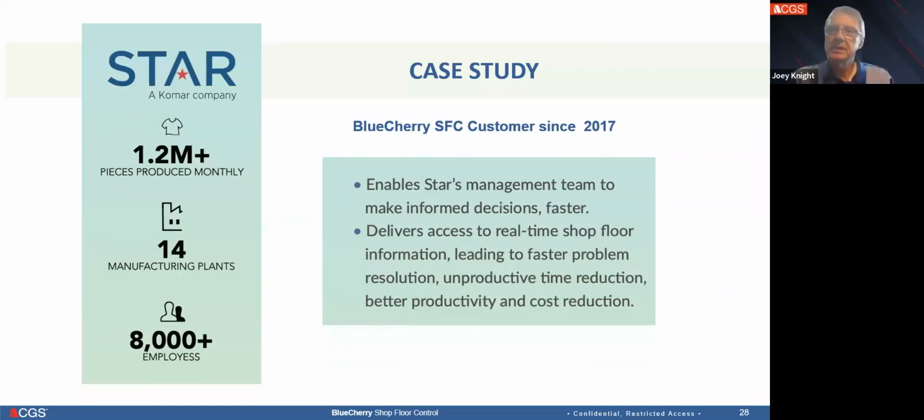This is just wanted to talk a little bit about one of our big customers, which is over in Sri Lanka, Star Garment Company, which is part of Comar. They've been a customer now, I think, for a little over 5 years. But what they have seen is tremendous results. And these are some of the things that we talked with their managing director, and he gave us some of these